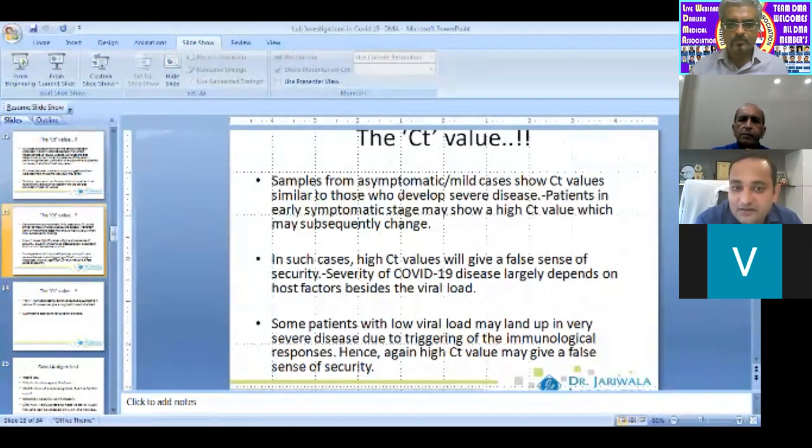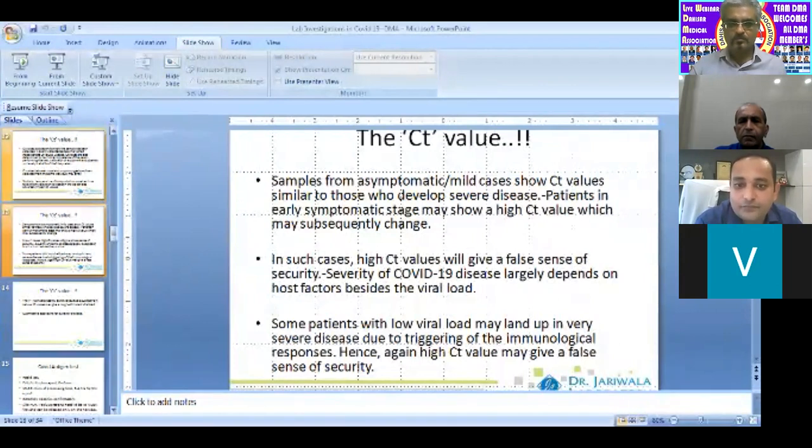I had mentioned earlier that CT values do not correlate with the severity of disease. There are several examples wherein the CT values have been in the tune of 32, 34, and the patients developed severe disease. Whereas there may have been a case where the CT value is 14 or 15, which was only mildly symptomatic or completely asymptomatic, and was incidentally detected because the patient had to undergo a surgery or was scheduled for traveling or something like that. So it does not correlate. There are several examples where even with a high CT value, the patient has deteriorated very rapidly.